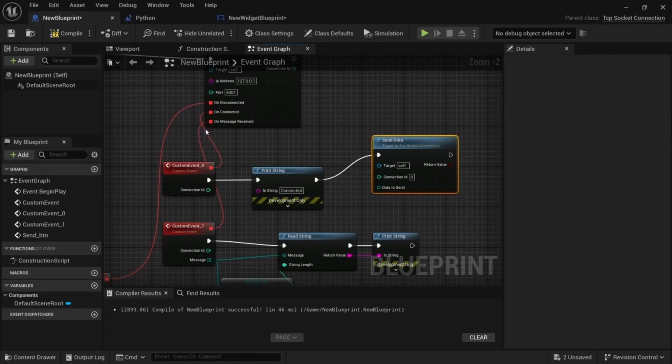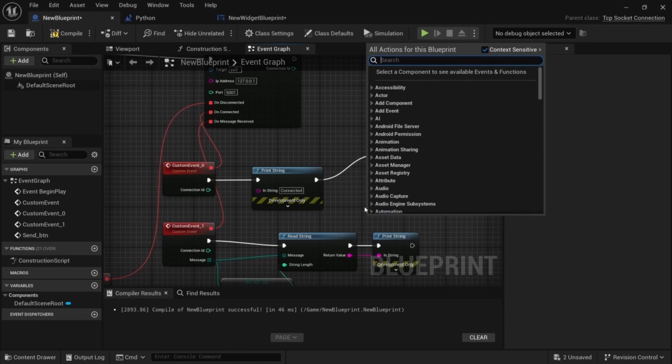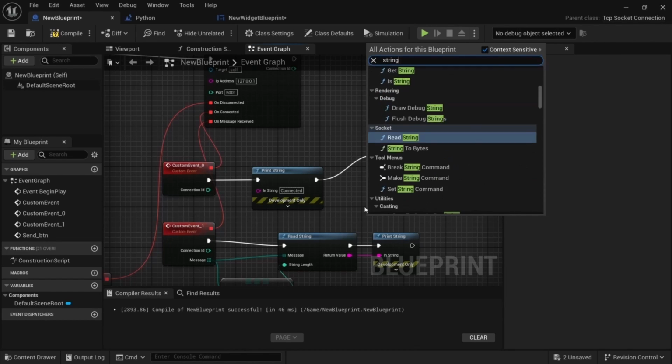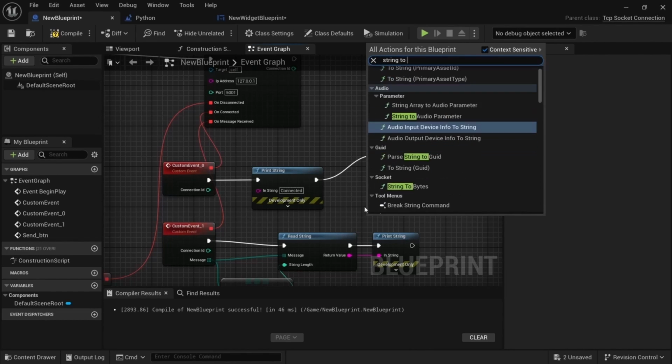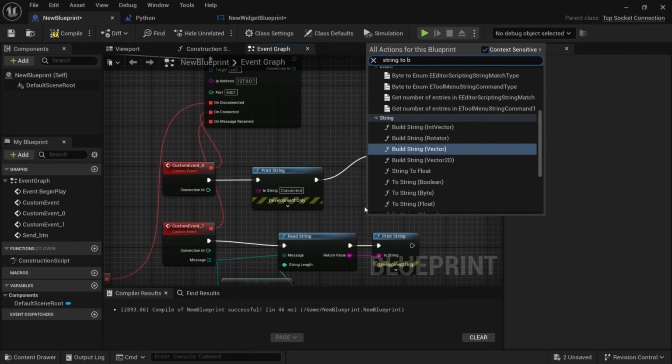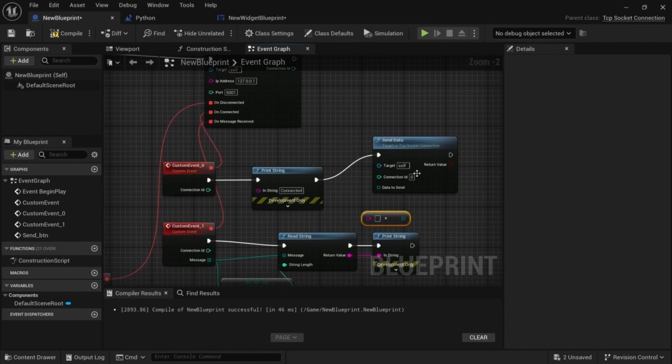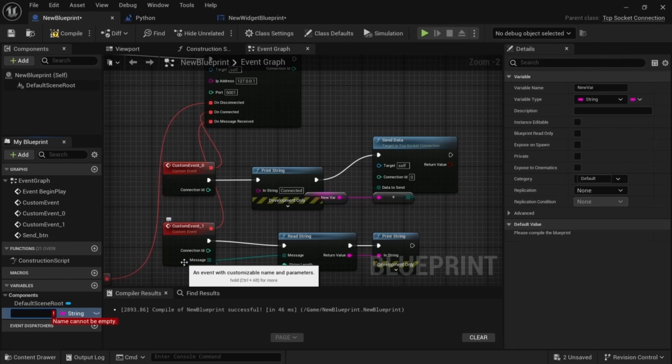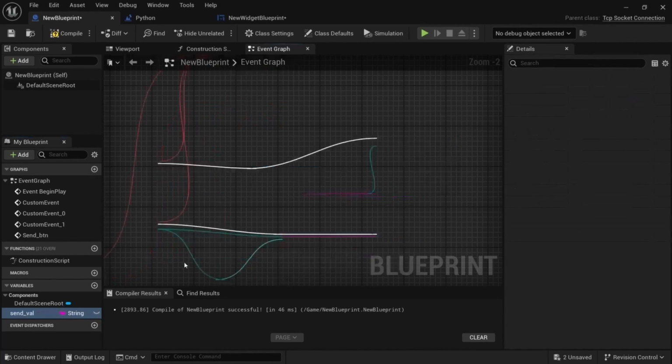We can't send it as plain text or string. We need to convert it into bytes. So right click and search for string to byte under the socket and connect the output to data to send pin and promote the input string to a variable and rename it to send underscore val